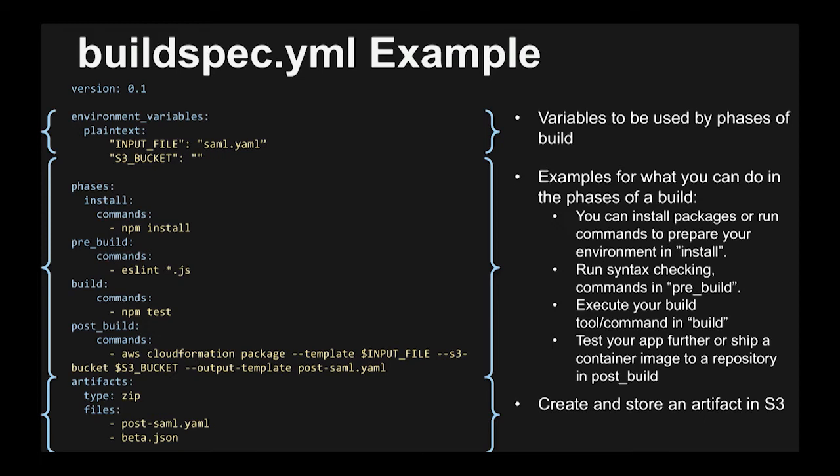And so we could do things like in this example of running npm install to bring in our other packages for our code, running something like ESLint to make sure that our code is valid from a linting perspective and syntactically, running our unit tests with npm test. And now at the bottom here, this AWS command I'll talk about a little bit later is a way for us to package up a serverless application. And then down at the very bottom here, we can then take this built artifact and shove that into S3 so we can do stuff with that later.